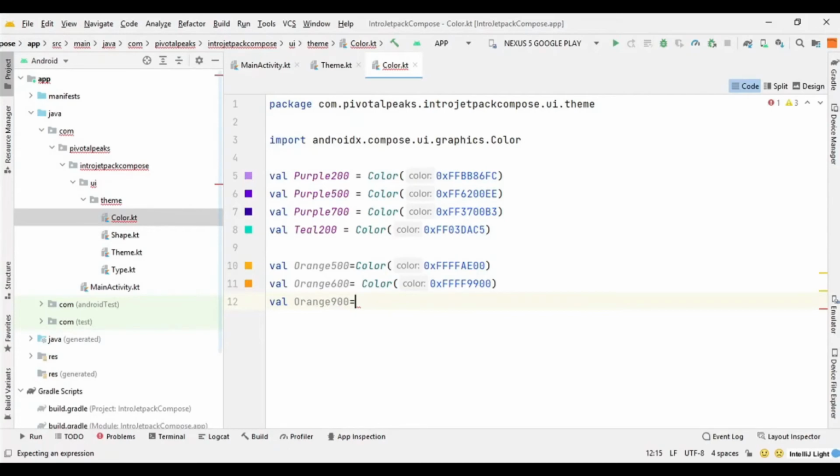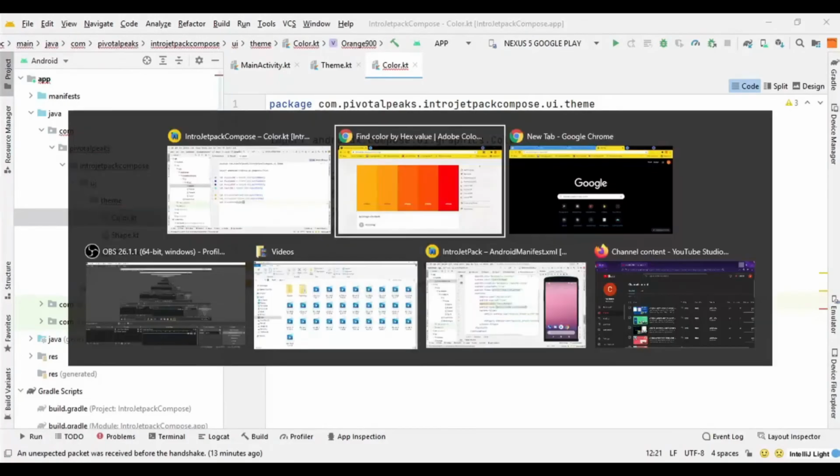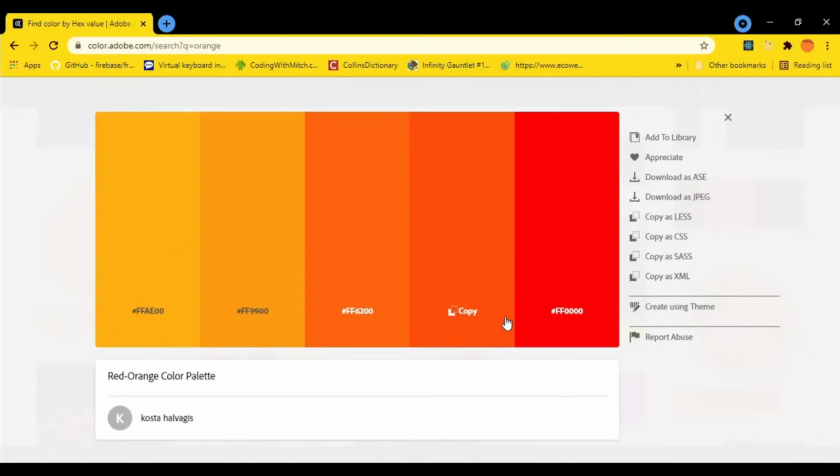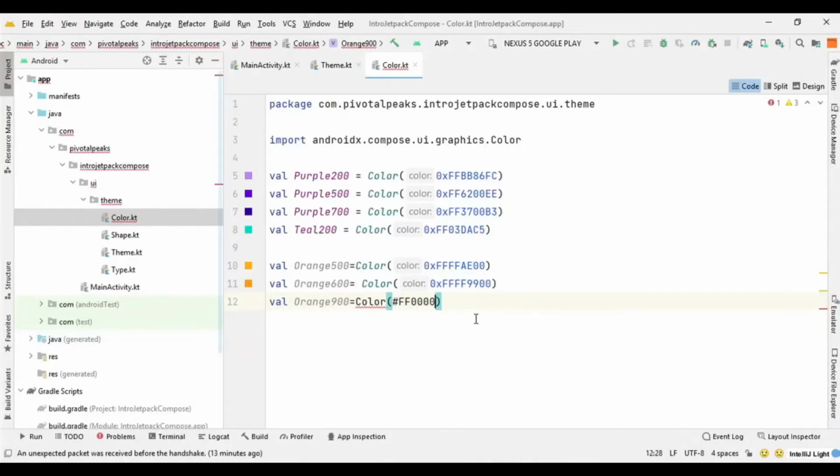So I'm going to give it a 900 name color, and I am going with this one because this is quite a lot dark. Paste it. 0 x ff. Now we have our colors.